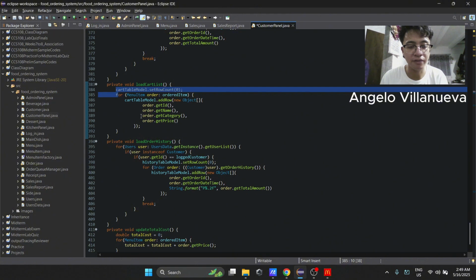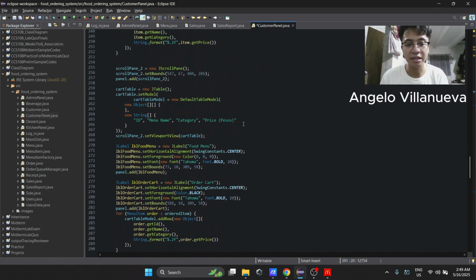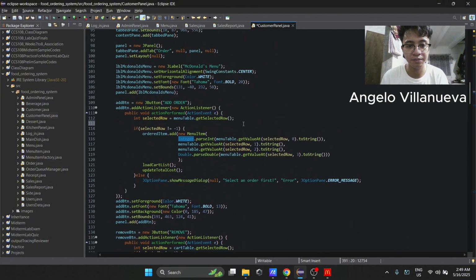We have a for each loop here, traversing each item or object in our ordered item array list, followed by the addRow method, wherein the new object contains the ID, name, category, and price, displaying the appropriate information in our cart table.